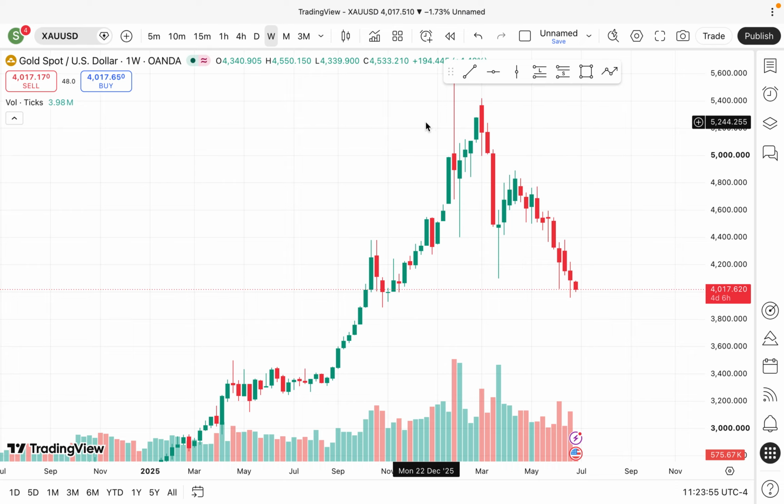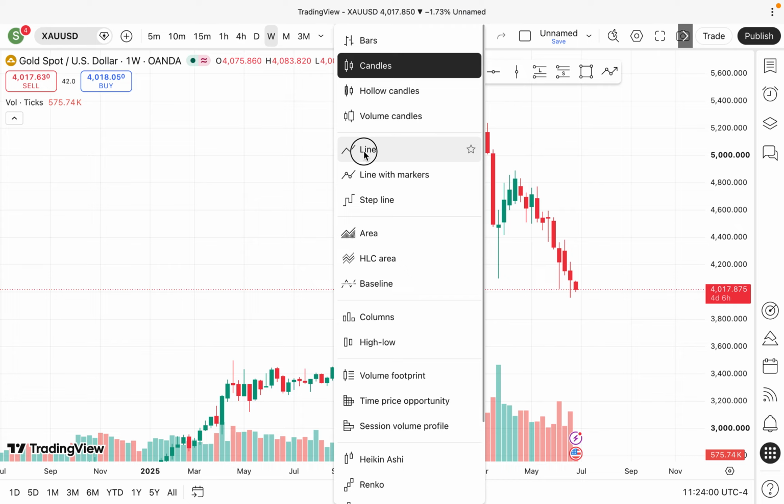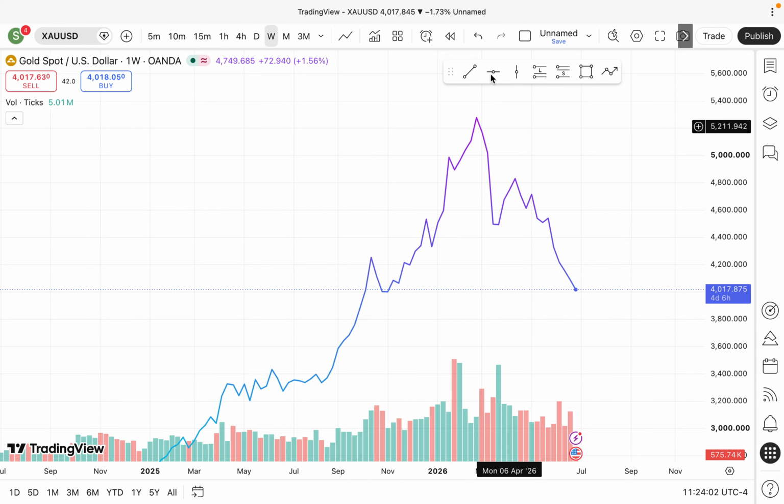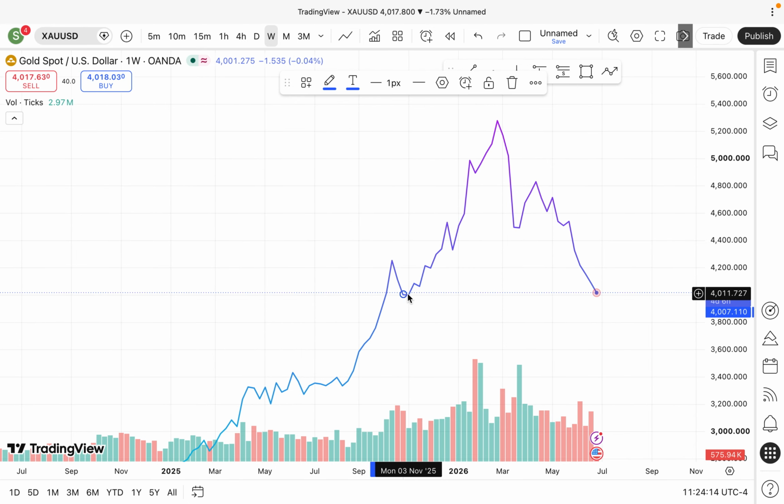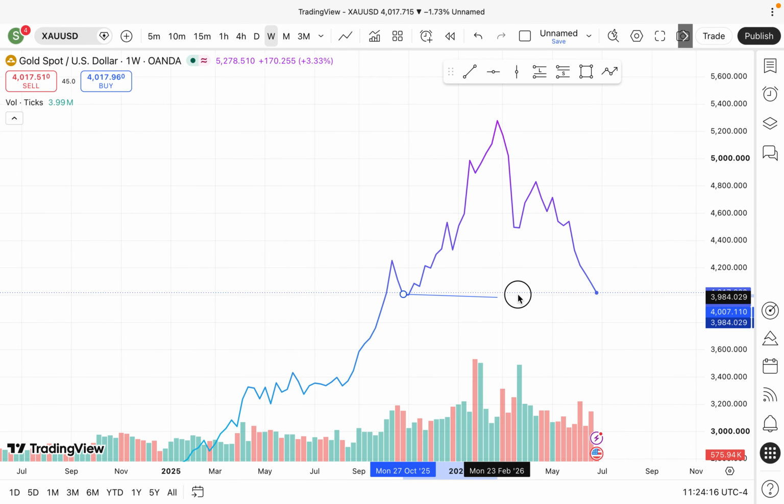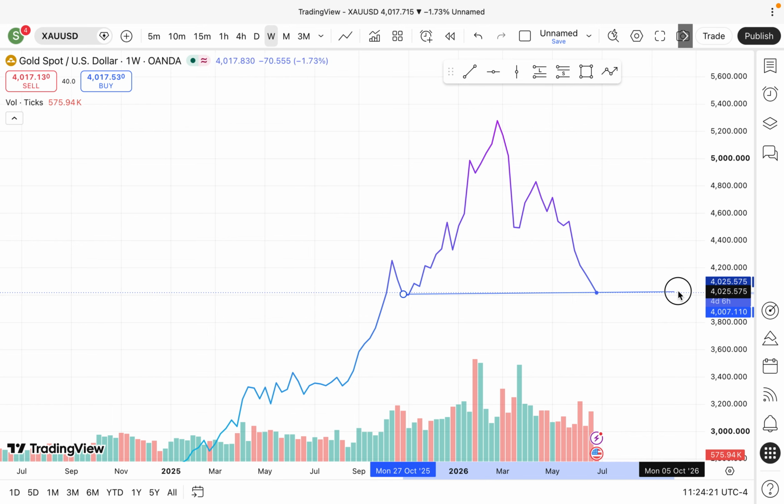First of all, you change your chart from candlestick chart to the line chart. So the next thing I'm going to do, you bring out your trend line. Then you mark, this is a key level, this is a support level. You draw it to the future. Then next I'm going to do, make sure